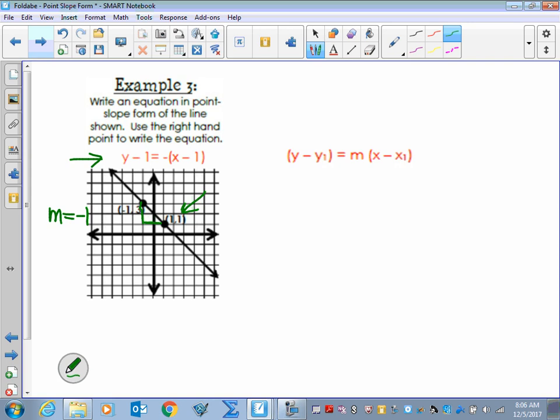Okay? That's your slope number. And my point is (1, 1). So here's my x1, here's my y1, here's my equation, endpoint slope 4. Now,